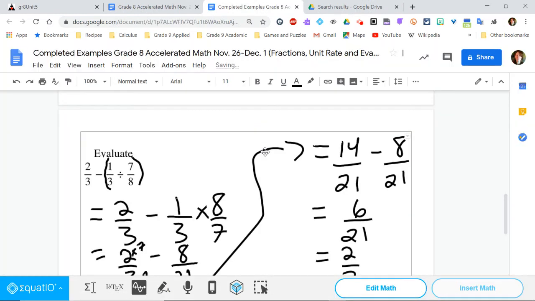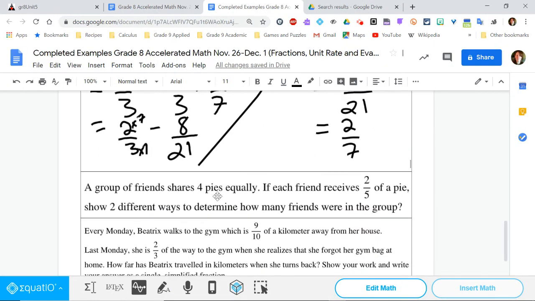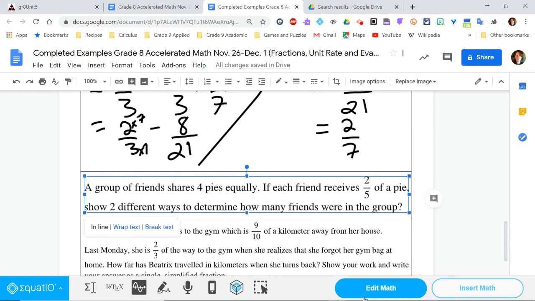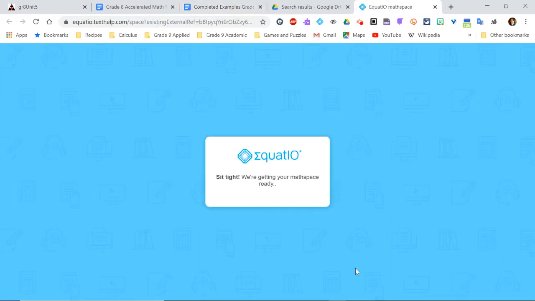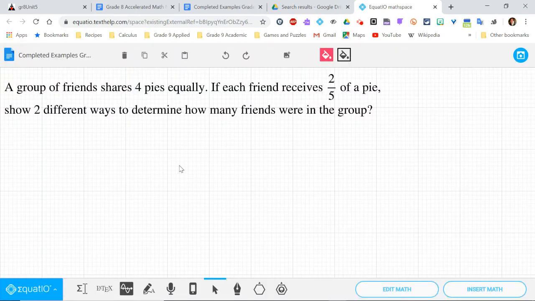All right, so then all my work is there. All right, next one. I'm going to edit the math. I'm going to read it while we are in the math space. A group of friends shares 4 pies equally. If each friend receives 2/5 of a pie, show 2 different ways to determine how many friends were in the group. Okay, so essentially